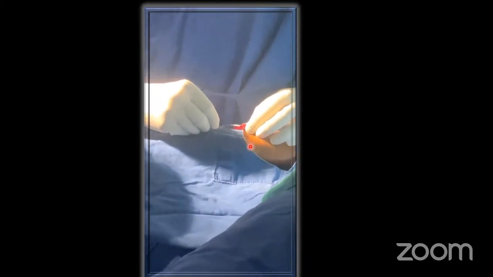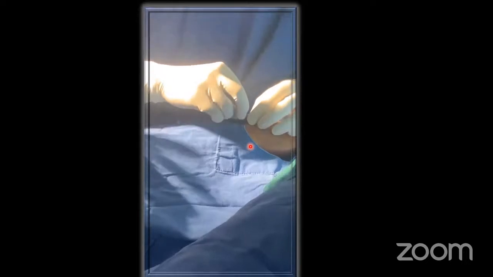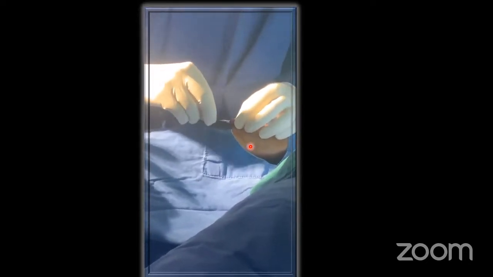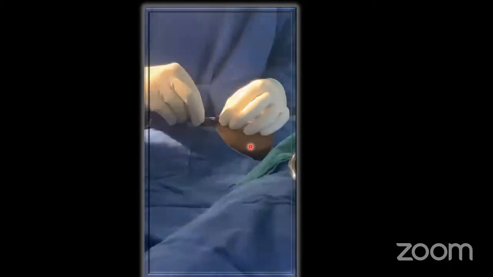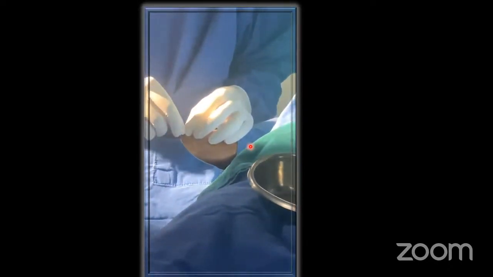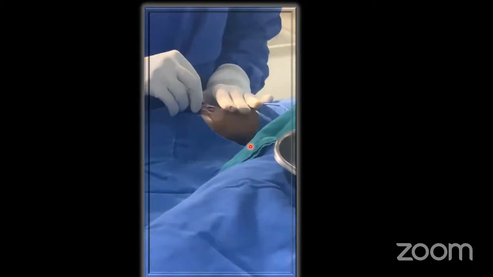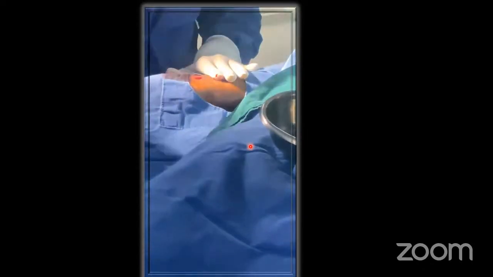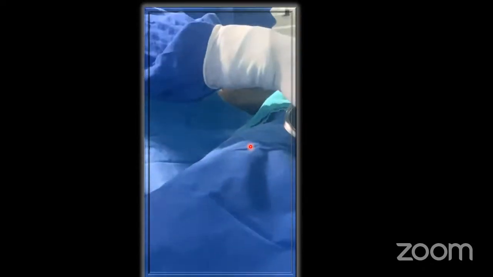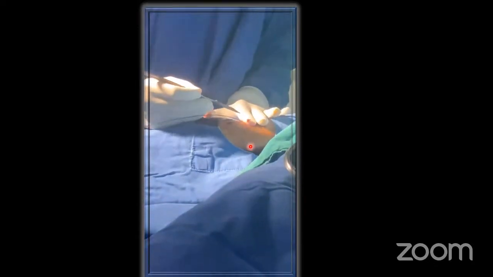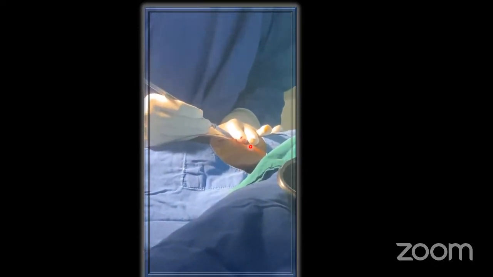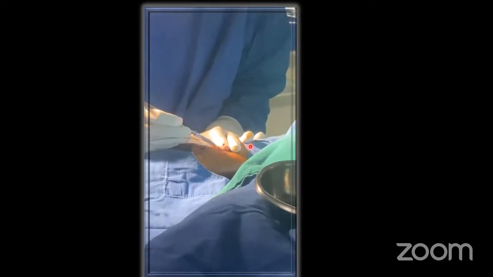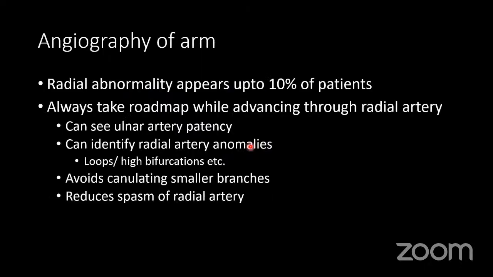So first there is trickling, then a gush of blood comes, then we can enter. Only a sufficient amount of wire should be introduced inside, and we can remove the cannula. From the other end, we can put the sheath, making a nick at the skin. The rest is the same as the femoral access, and always try to do an angiogram of the arm,